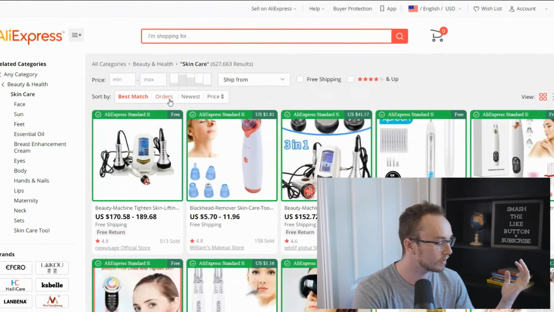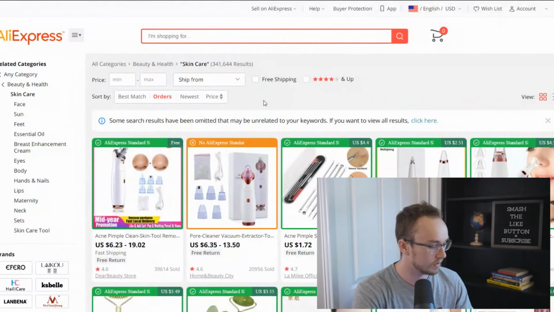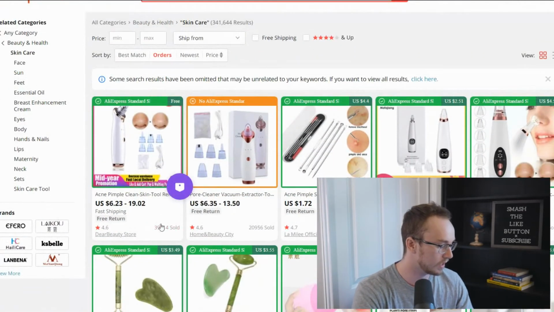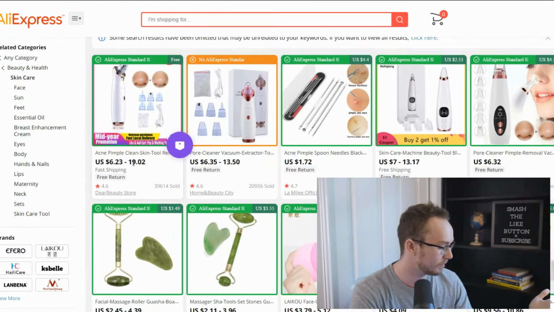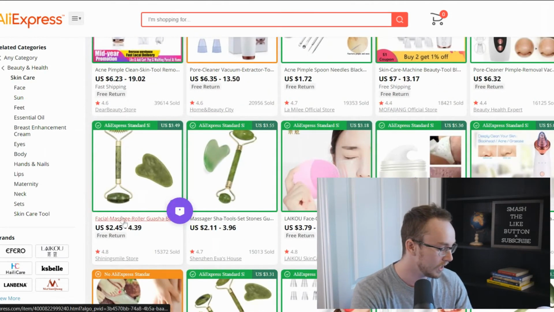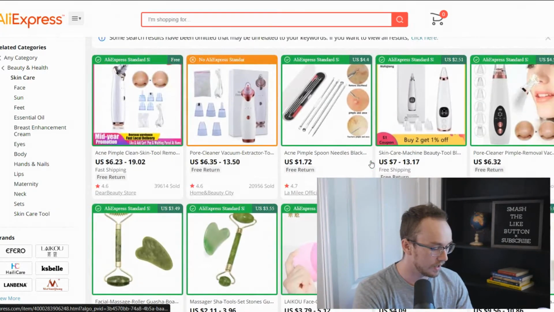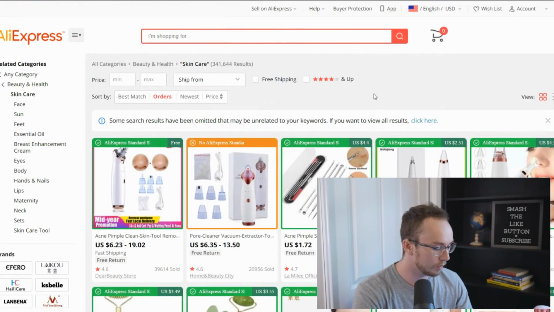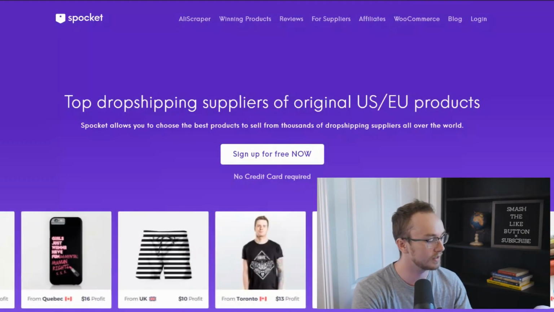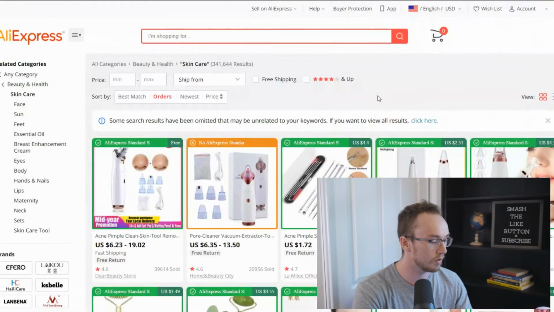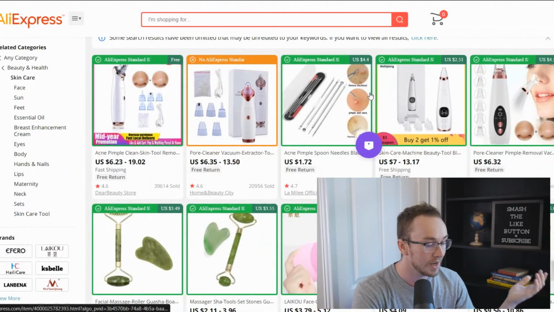Now, one little life hack too, you can sort it by orders, which is a nice way to see like, okay, this one's got 39,000 ordered, this a clean acne type tool. Obviously, that one probably would sell well. I'm not really making any product recommendations here. I'm just kind of going through. They have facial massage rollers. Really, the world is your oyster. You can really find whatever you want on AliExpress, and that's why Spocket decided, because of what customers were saying, hey, let's make the Ali Scraper tool so you can also have availability to these products if that's what you're